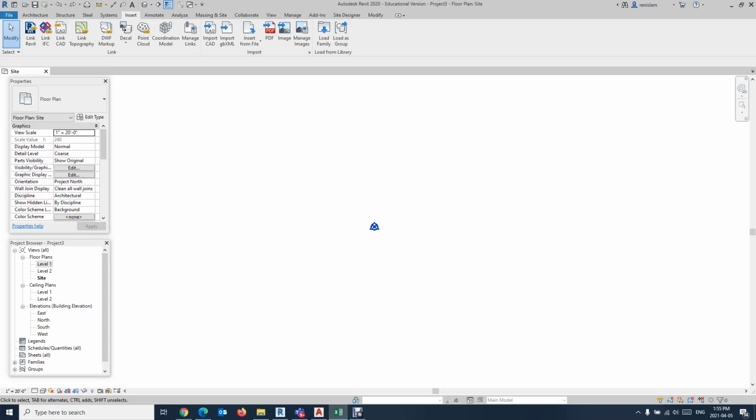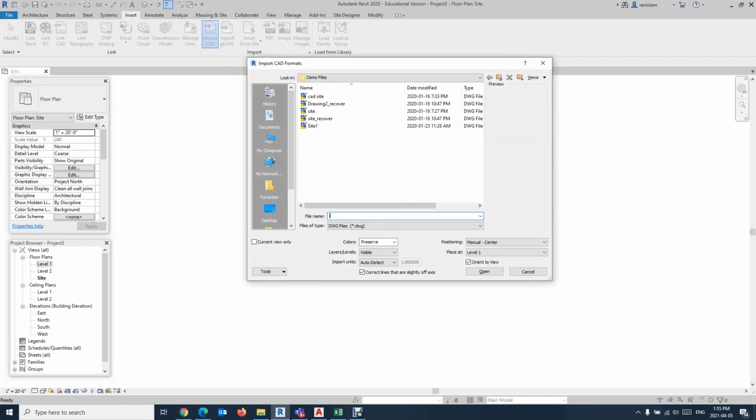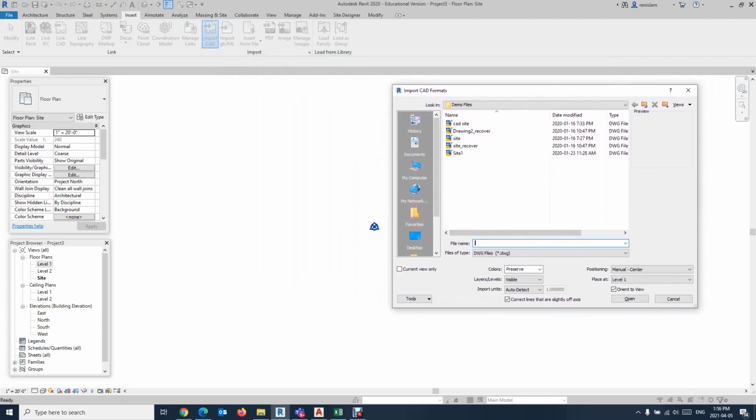Okay, I'll show you first how we can insert or import a CAD file in Revit. So I am bringing one sitemap, an AutoCAD sitemap, into Revit. I'll go to the Insert tab, and I'm on site plan mode, and level 1 is also fine. So I click on Import CAD and it will take me to my file explorer where I do have my